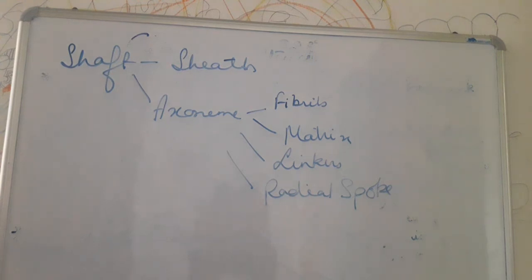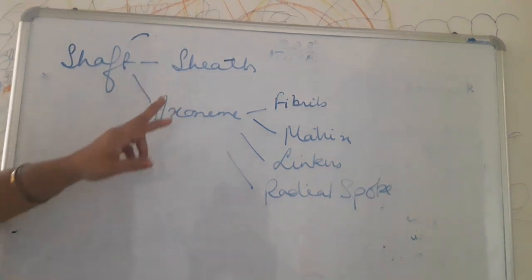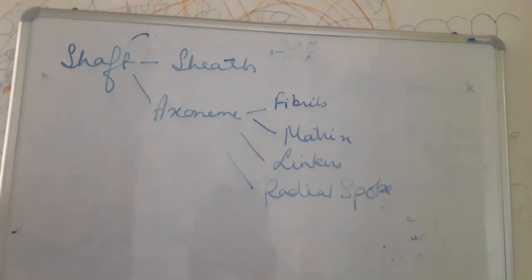Now next to this is the matrix. Matrix means this is actually a colloidal complex which fills the whole of the cilium and flagellum. It is formed of proteins. Okay, then linkers, these are doublet fibrils and are connected by the membrane linkers to the sheath. That means they are ultimately linked to the sheath. That means when these fibers are attached to the sheath, then the main connecting source is the linkers. Then radial spokes, they are radial links between the peripheral doublet fibrils and the central sheath.